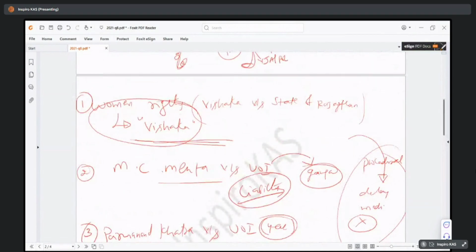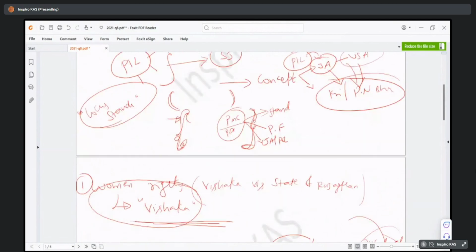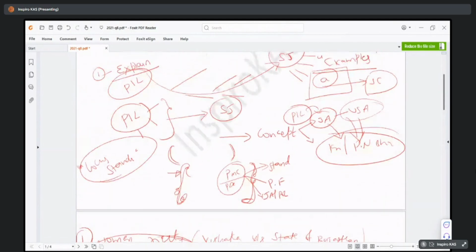In the conclusion you can say that by the above cases the Supreme Court has widened the scope of judicial activism, or widened the scope of public access to the judiciary, so that whenever issues are faced by the people, they are addressed in a faster and better manner so that justice can be delivered. What was earlier under Article 32 has now been widened. No need to write Article 32 here, but I would simply end my answer by saying that thus public interest litigation has widened the scope of judicial activism, thereby making justice accessible to everyone. That would be my answer.